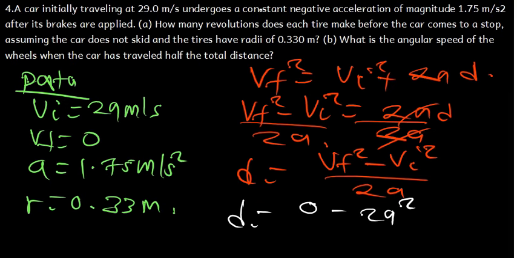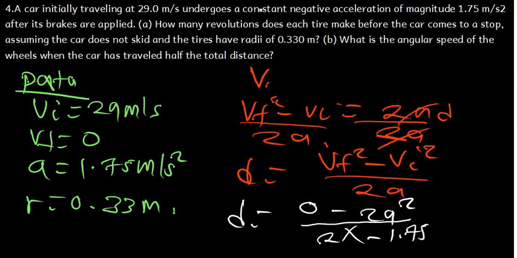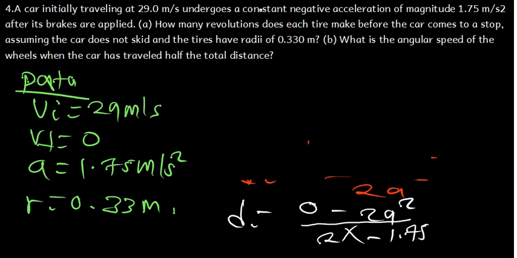Okay, I have to square it. What else do we have? We can also see that we have the 2 here times the acceleration. They are saying that it has a negative, so it's going to be negative 1.75. Okay, so we expect negative and negative to cancel. So I'll get rid of what is on top there. So I'll say my d is going to be 29 squared